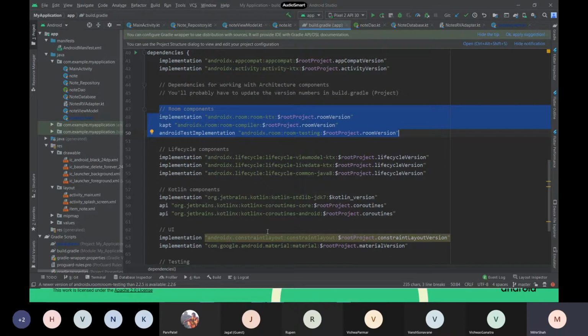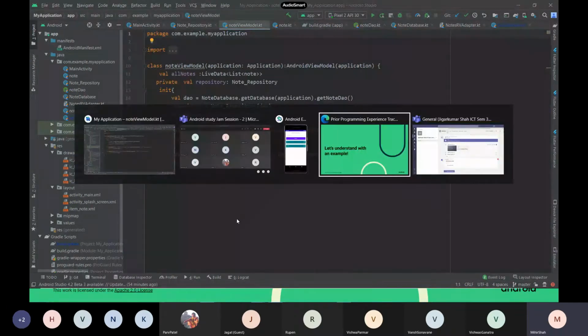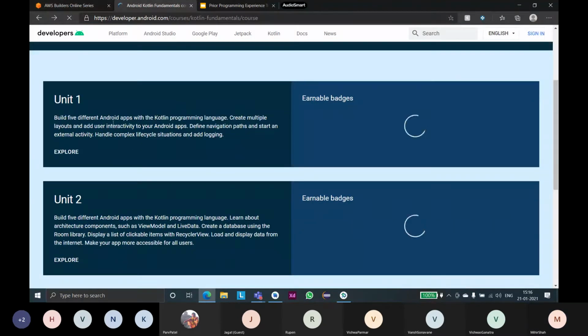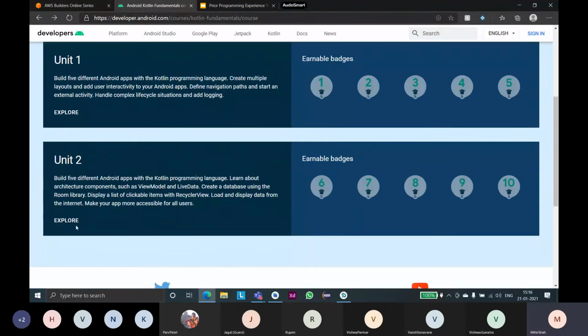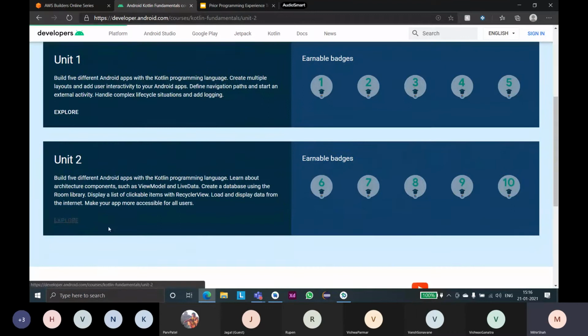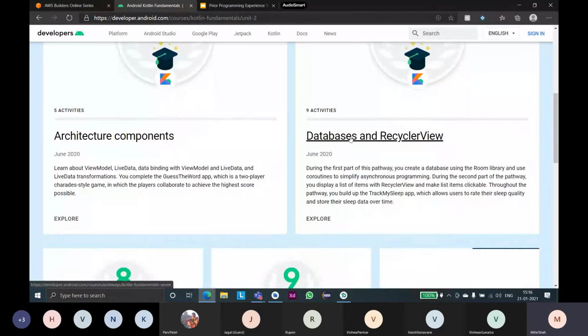Okay. Now we'll take a look at its code lab to make your work easier. You will find the code lab in the unit 2 section of the Android programming track, in the database and recycler view section.